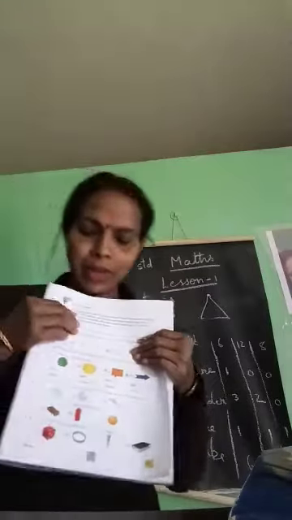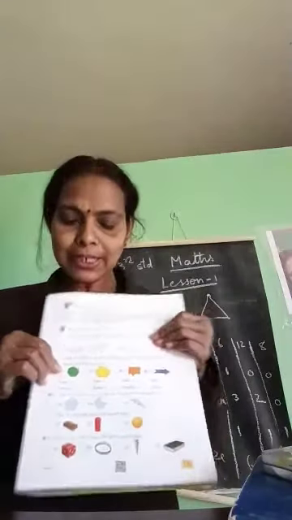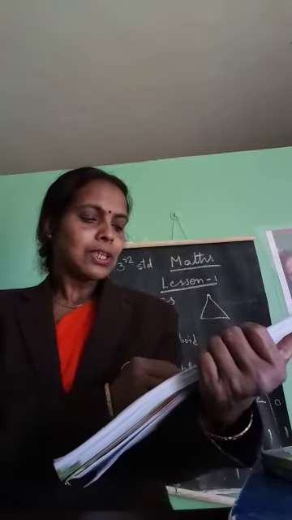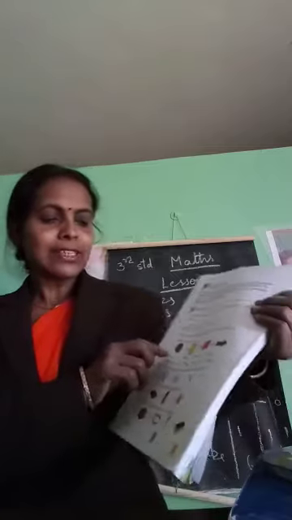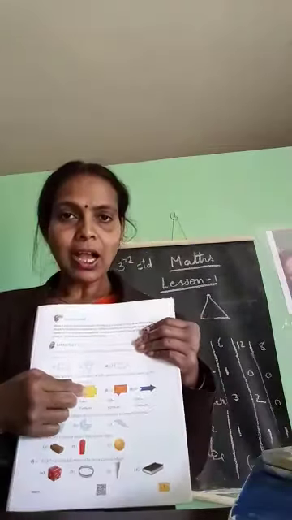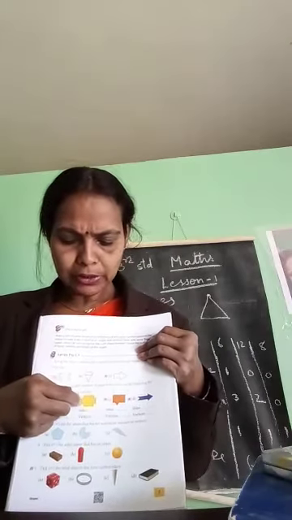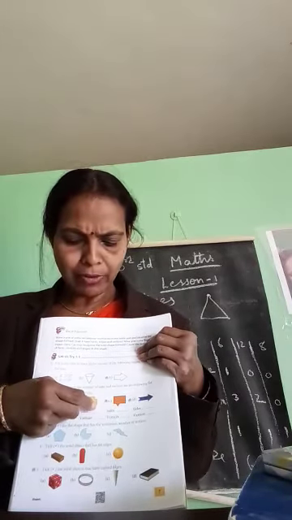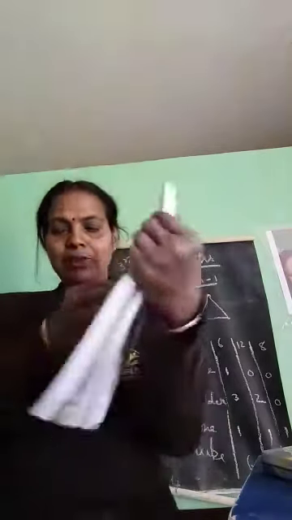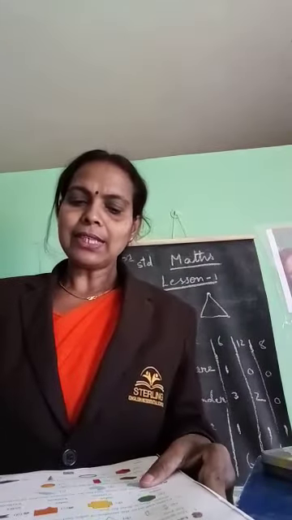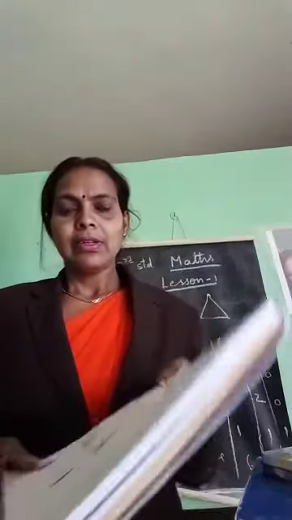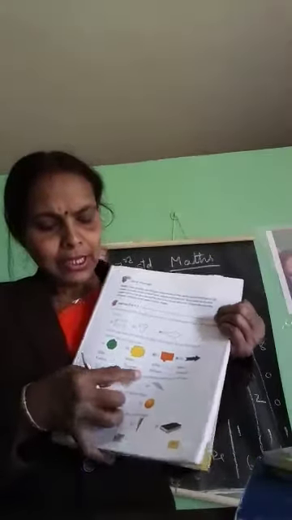Vertices means corners. Now here, first figure, see how many sides are there? There are 7 sides. You count 1, 2, 3, 4, 5, 6, 7, sides are there. So write 7. Corners also 7. Now this picture, how many sides are there, students? 1, 2, 3, 4, 5, 6, 7, 8, 9, 10. Second picture, tell me how many sides are there? Now this picture, how many sides are there, children?